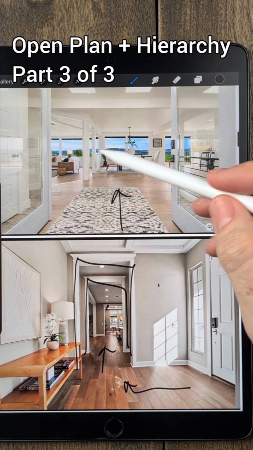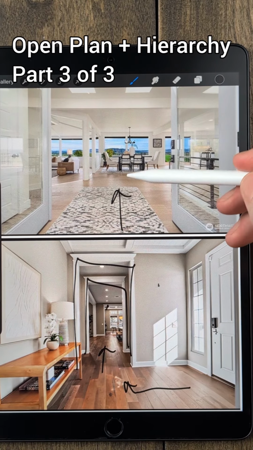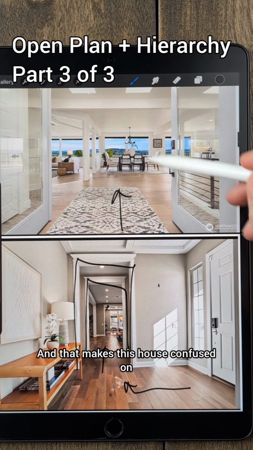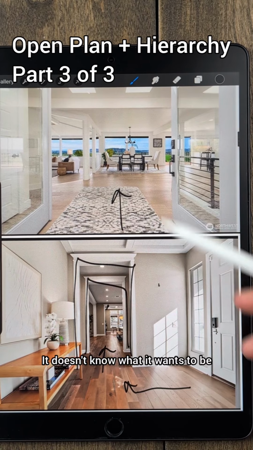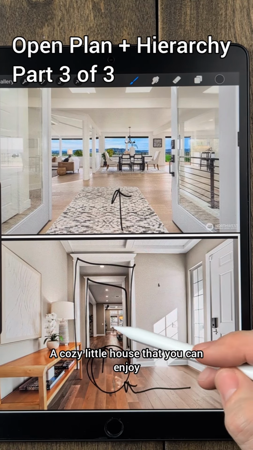This one does not. This one has, hey, here's the view. I want every room to have the exact same thing. And that makes this house confused on what it wants to be. It doesn't know what it wants to be. This one very much knows what it wants to be, a cozy little house that you can enjoy, but it's also